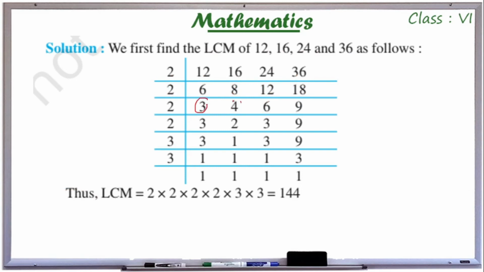we have 3, 4, 6 and 9. Check whether 2 is possible or not. If one number is possible, it's okay. 4 is divisible by 2, therefore I can write 2 here. So since 3 is not divisible by 2, I have to directly change to the next row. 4 can be divided by 2, then 2. 6 also can be divided by 2, the answer is 3.